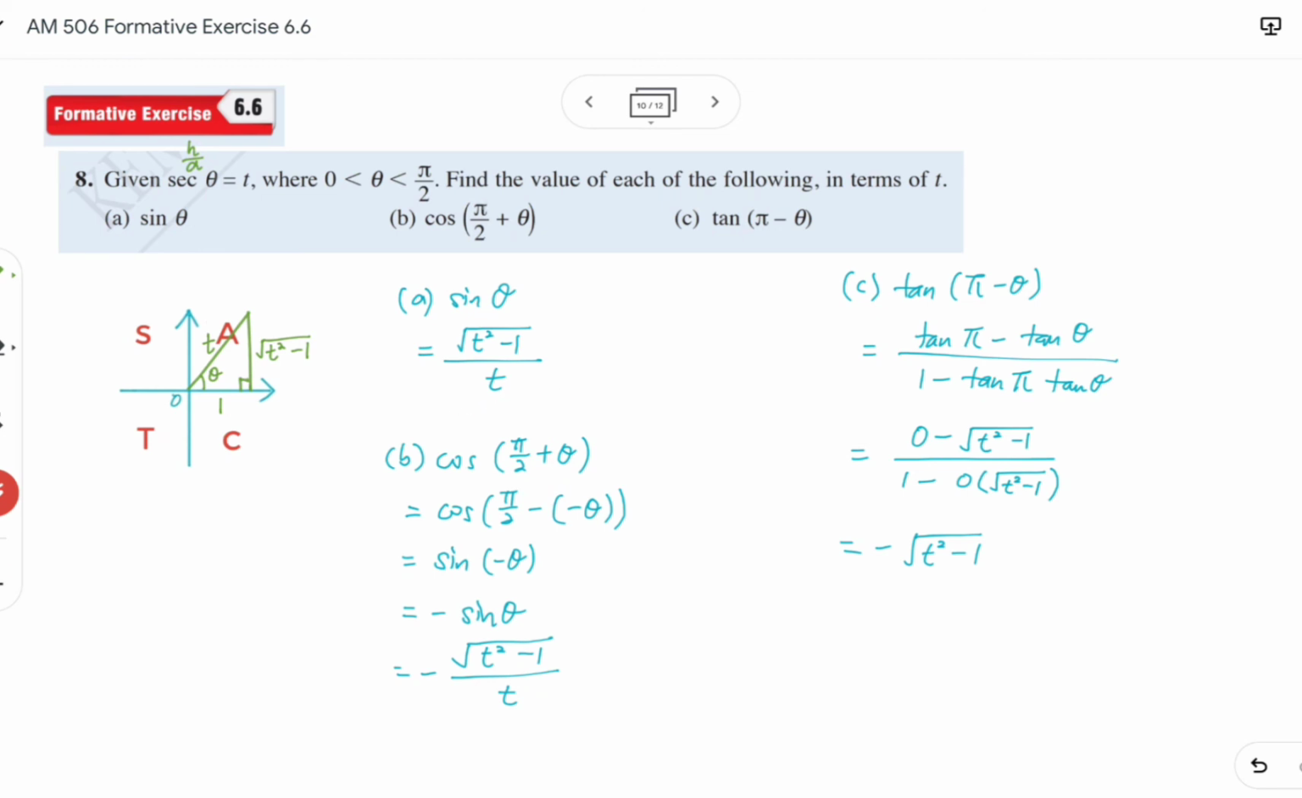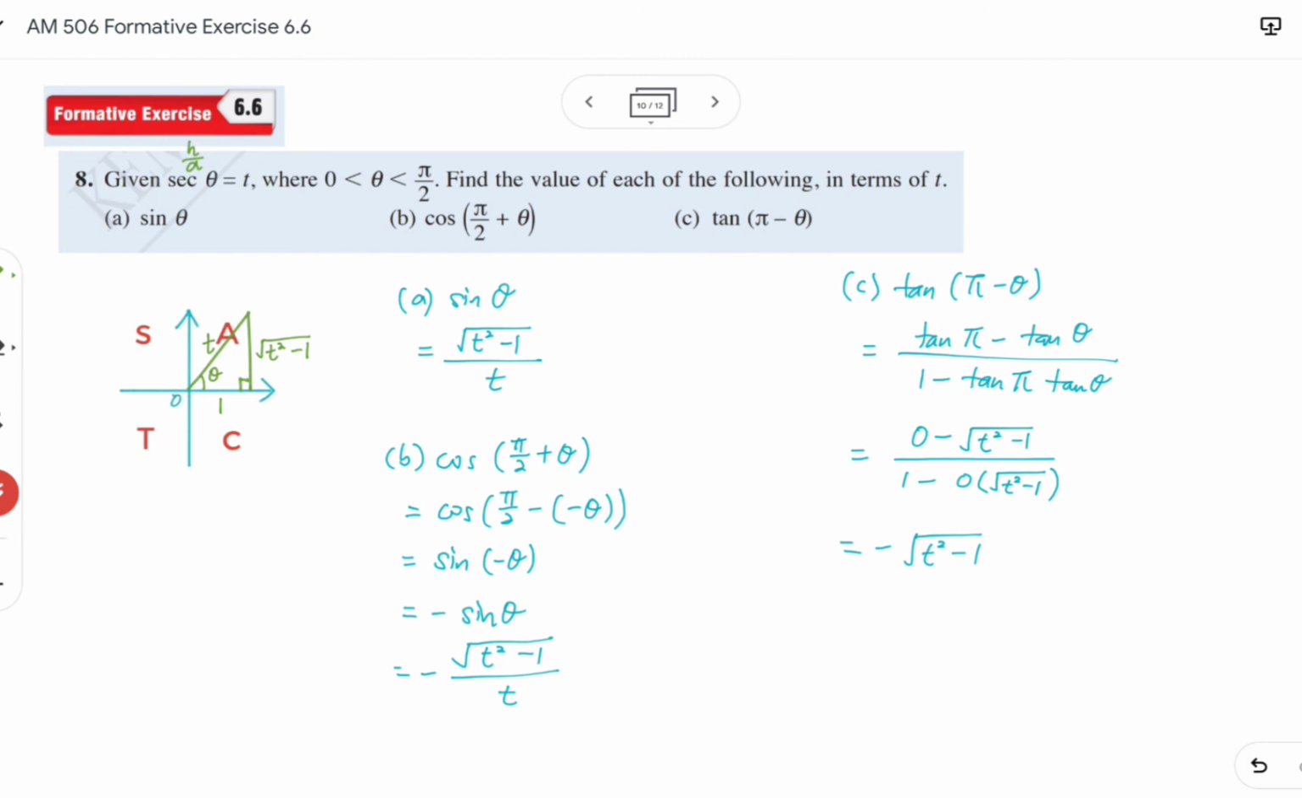B. Cosine of pi over 2 plus theta. Alright, so we know that cosine of pi over 2 minus an angle will be equal to sine of that angle. So we use this to change positive into negative. So we break the positive into minus negative theta. So we now have sine of negative theta, which can be simplified to negative sine theta. So we know that cosine of pi over 2 plus theta is actually negative square root of t squared minus 1 over